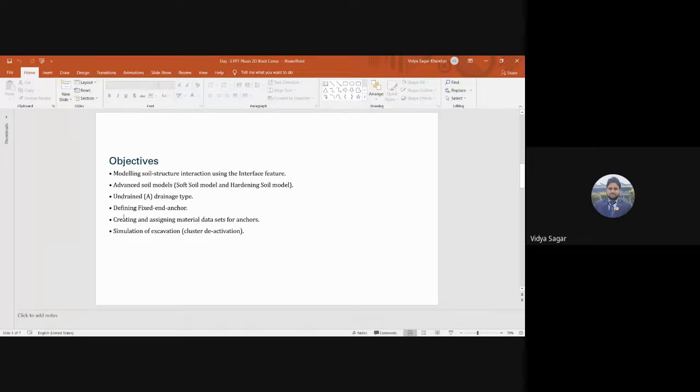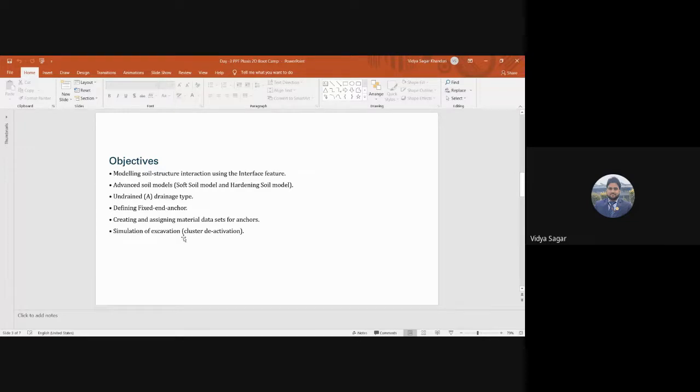Then we'll use the fixed end anchor also, create and assign the material data set for anchors, and then see the simulation of excavation. In the results, we will see the deformation, settlement, shear force, bending moment, and other outputs. And finally, we'll create a graph.